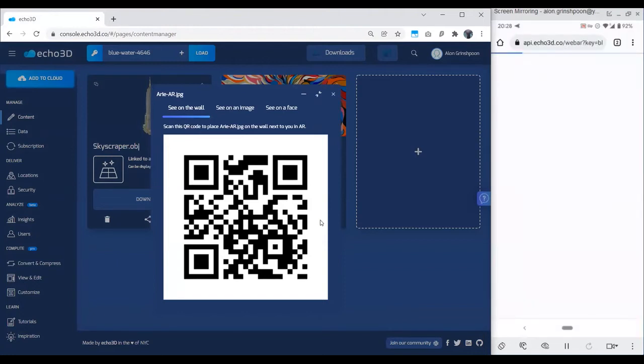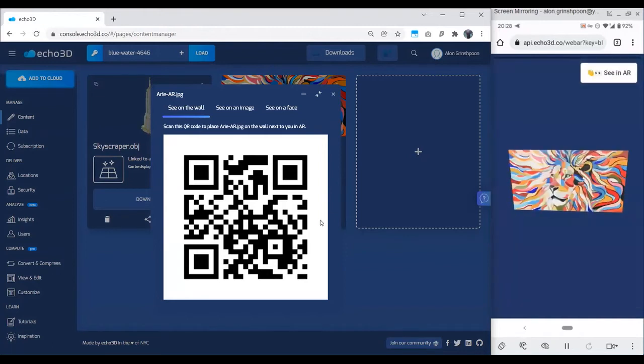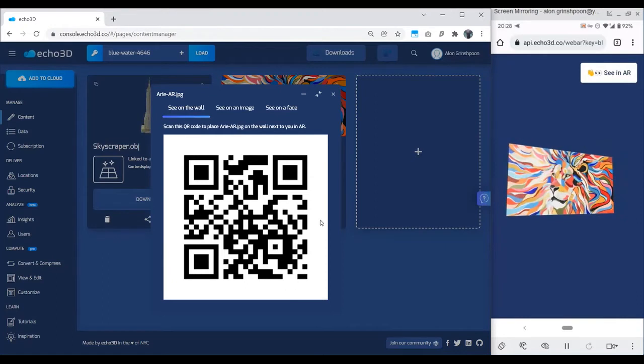And if you're doing this right now with me, you can scan this and see it with me as well. We can see on the phone how the 3D model looks. I'm going to do CNAR, camera opens up. And now put your phone in front of